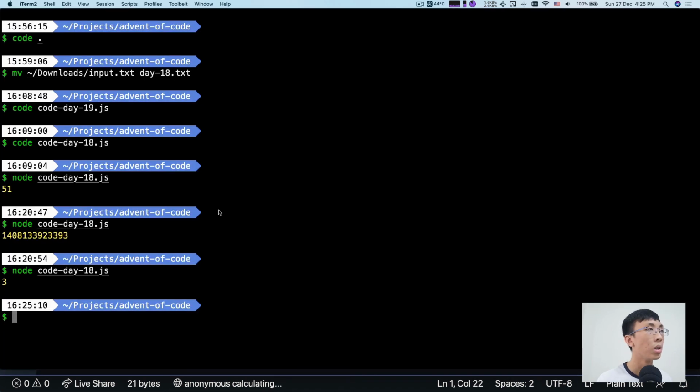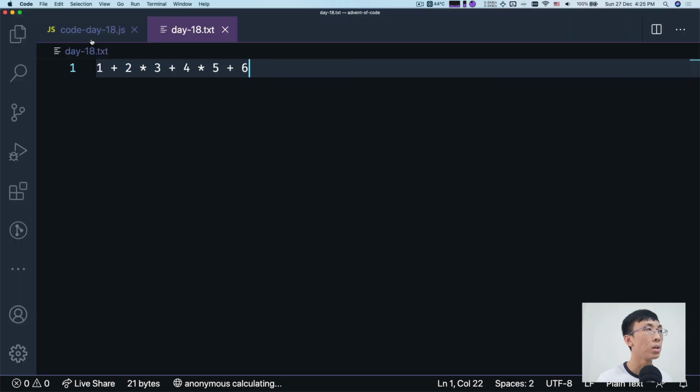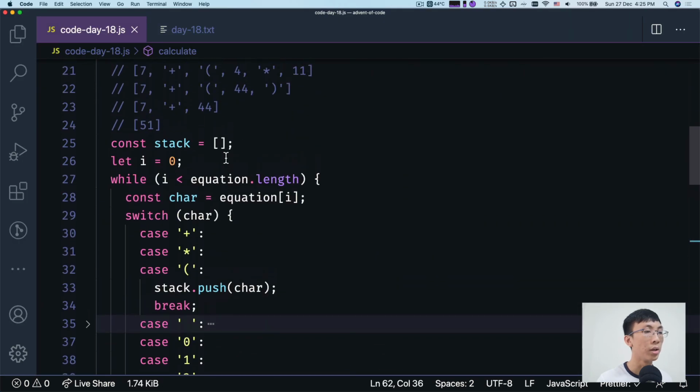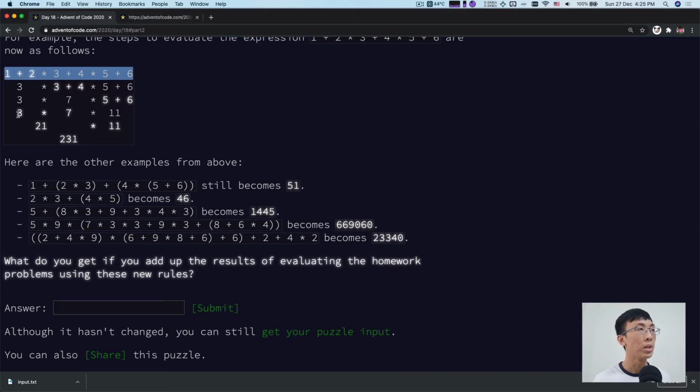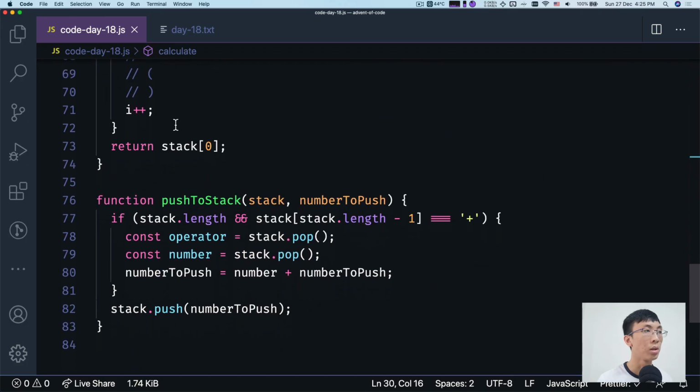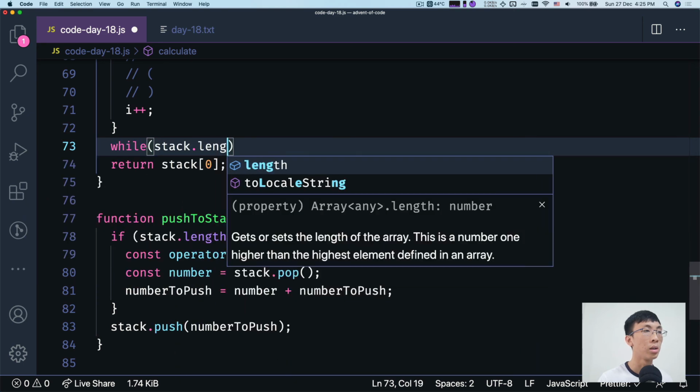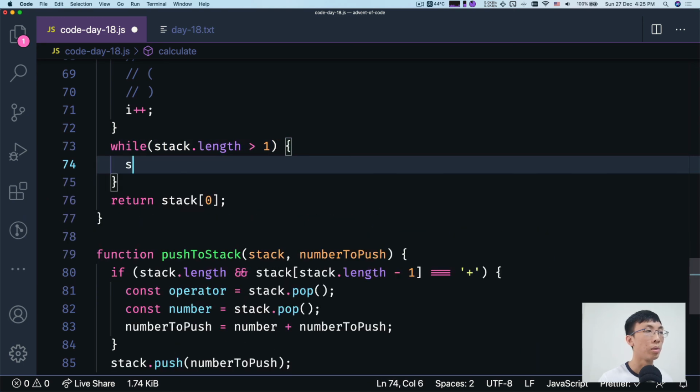Whoops. Okay, it's incorrect. So basically, we might be left with another step where we may still have multiple numbers left when we reach the end of the string, because now we don't evaluate multiplication immediately, right? So when we reach the end, we will see that if the length is still greater than 1, in this case we have 5 items, then we will continuously pop out items and do the multiplication. Right, so at the end of here, I will say while stack.length is greater than 1, then I'm gonna pop out